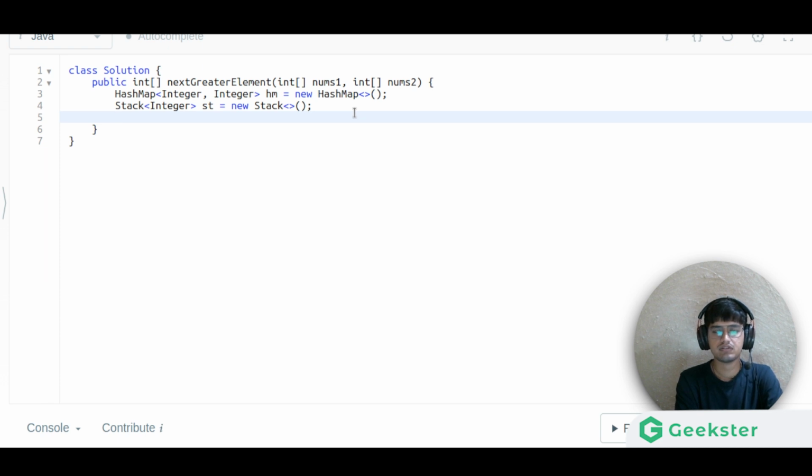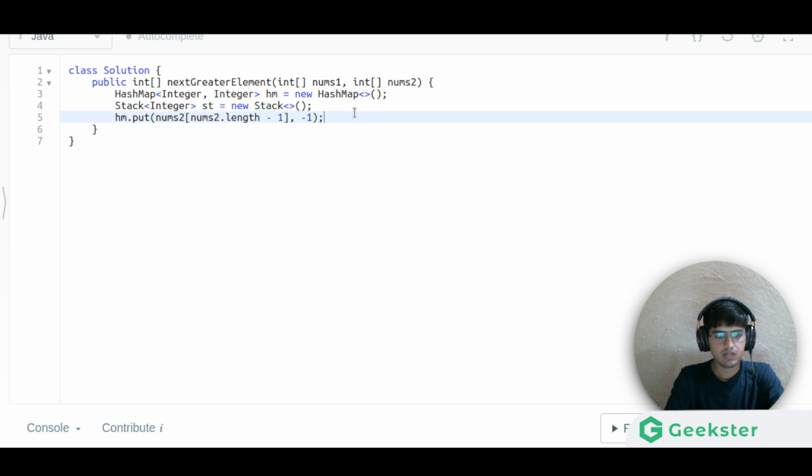We'll be just making iteration on nums2 only. So first we'll push in our hash map, so we'll be using hm dot put the values. First one, we'll be pushing nums2 of nums2 dot length minus 1, and the value we'll be storing is -1 in this case.